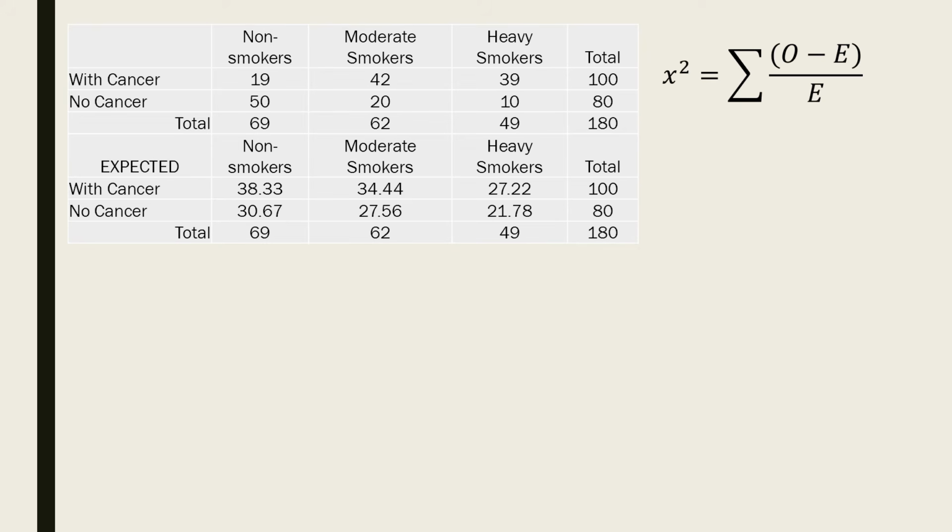Okay, so our formula is the same. X squared or chi-square is equal to the summation of observed minus expected squared divided by expected. Okay, so we're going to have 6 terms. It's going to be relatively long. So that's 19 minus 38.33 squared divided by